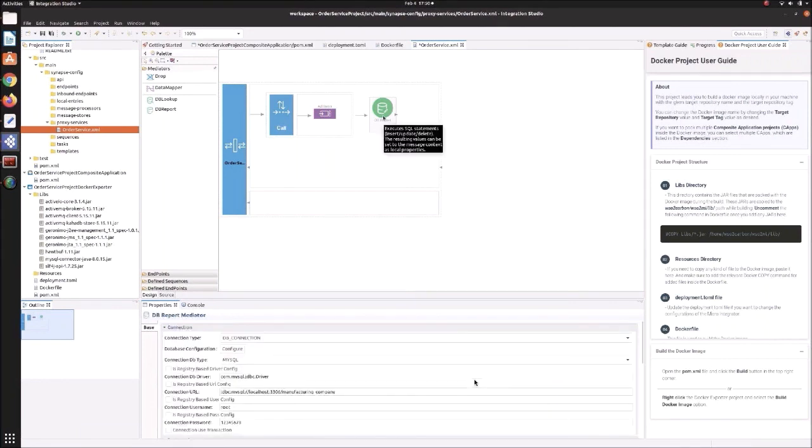So even though we configured it, we have actually hard coded the password within the Synapse configuration. That is not a good practice when we are developing the artifact. The best way is to configure the password using the Secure Vault option in MicroESB. Basically, we will be using a secret alias instead of hard coding the password, so it will be resolved at runtime.